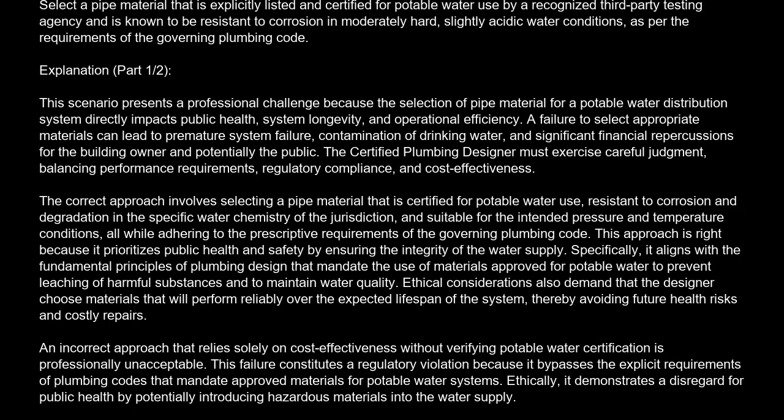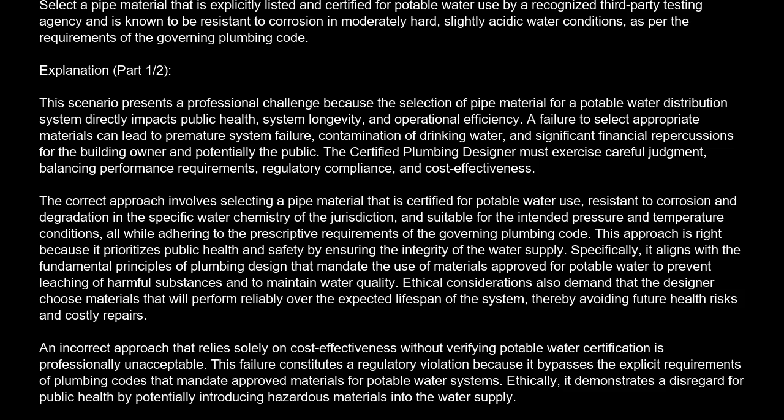The correct answer is C. Select a pipe material that is explicitly listed and certified for potable water use by a recognized third-party testing agency, and is known to be resistant to corrosion in moderately hard, slightly acidic water conditions, as per the requirements of the governing plumbing code. Explanation: this scenario presents a professional challenge because the selection of pipe material for a potable